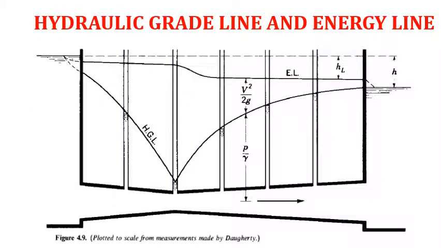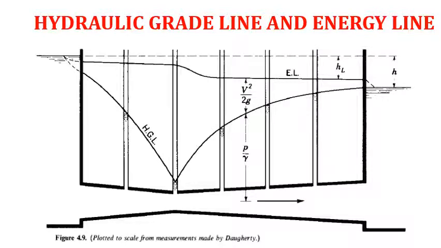Now let's look at this hydraulic system in which we have a tapered duct connecting two reservoirs on the upstream and downstream side, and this pipe has a varying diameter. First it gradually reduces and then it increases. We have also connected 5 piezometer tubes at different intervals, and this is the direction of flow.